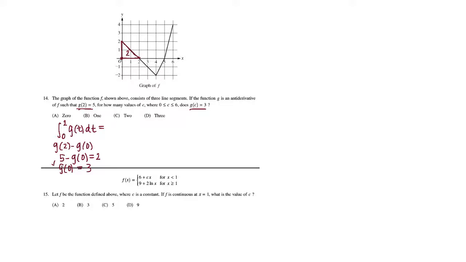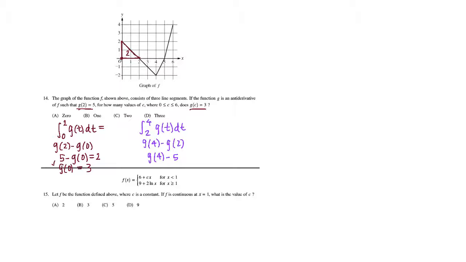So moving on with the next one. The next one, again, we have to keep in mind that we need to incorporate 2 as much as we can. So by trial and error, I figured out that the next one we would have to integrate would be from 2 to 4. f at t dt, or f at whatever variable you want. And so that's going to give us g at 4 minus g at 2. And so we know g at 4 minus 5,